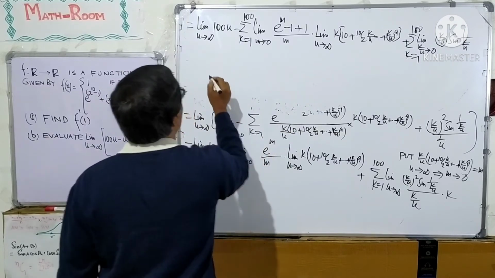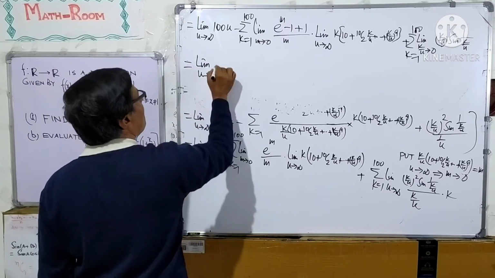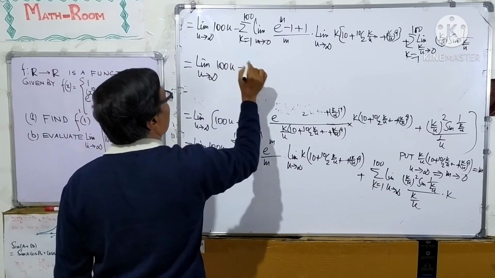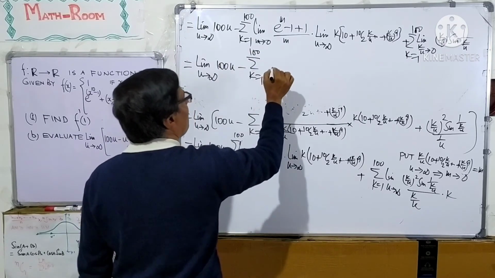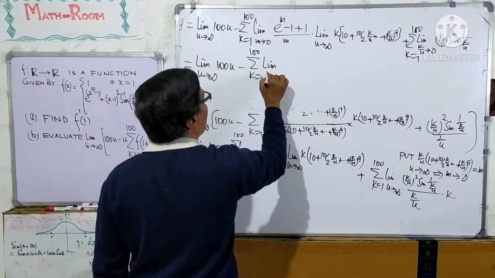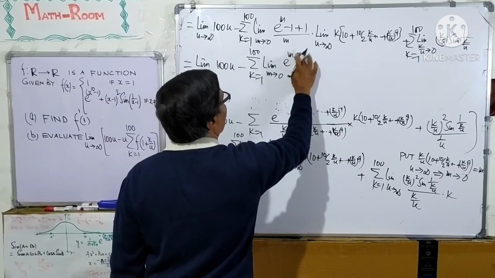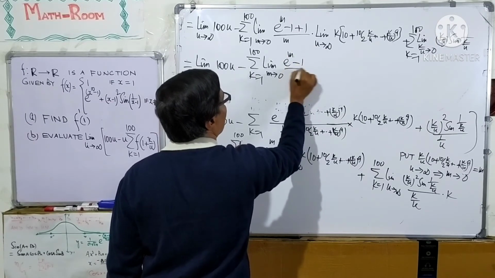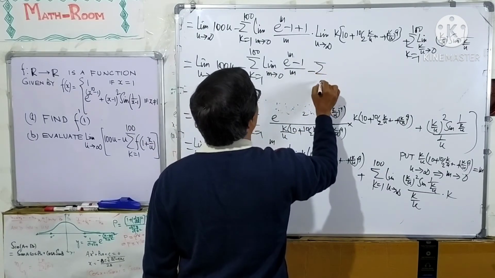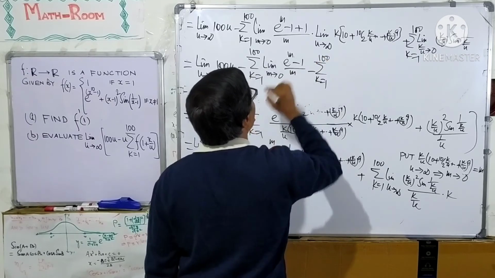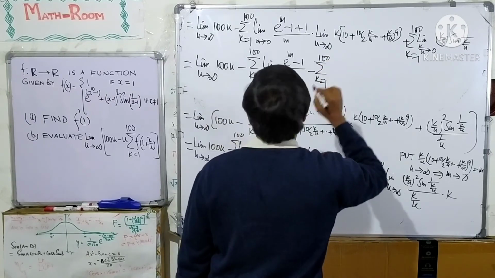So, we have the limit as u tends to infinity of 100u minus the summation k equals 1 to 100, of the limit as m tends to 0 of (e to the power m minus 1) over m, plus the summation k equals 1 to n, 1 to 100, of the limit, into also